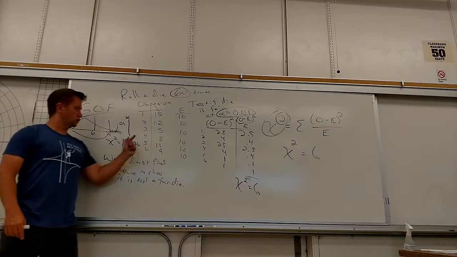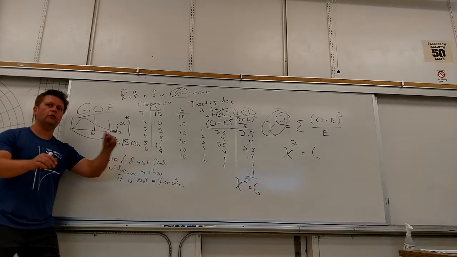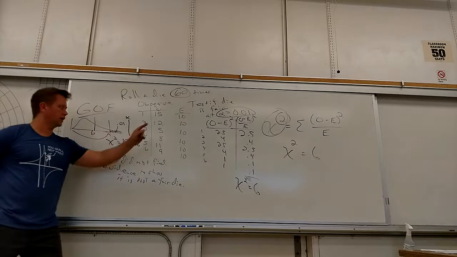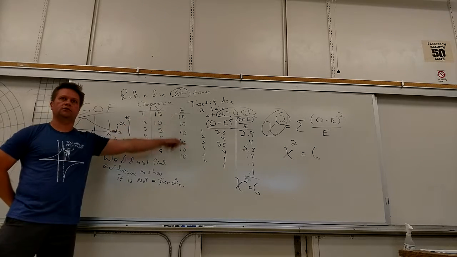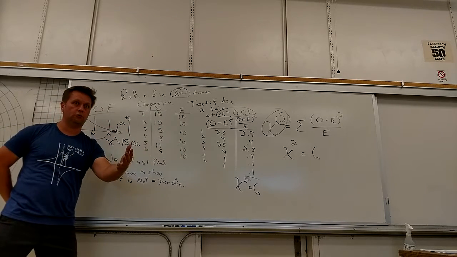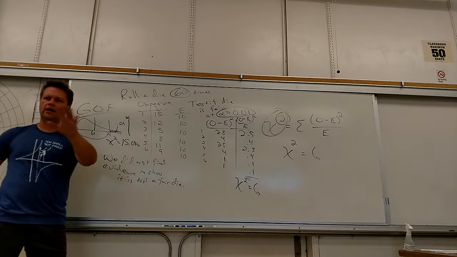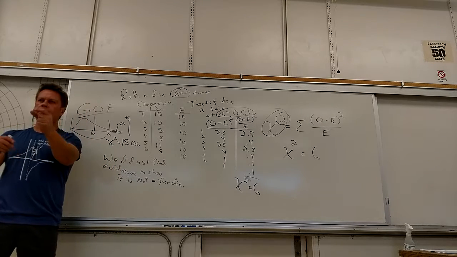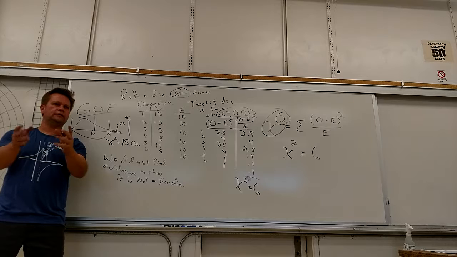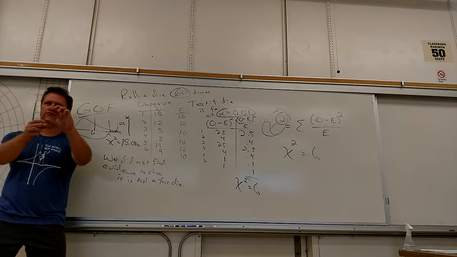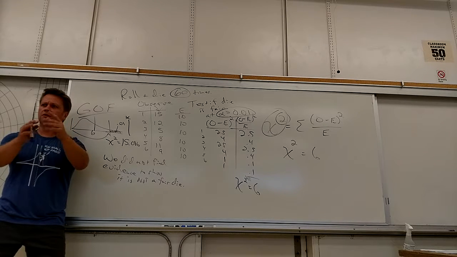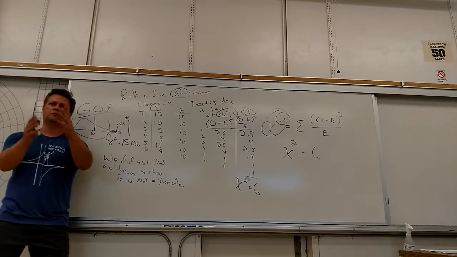Okay. So to show that it's not a fair die, what would it mean for it to be not a fair die? It doesn't do what we expect it to, which is evidence that somebody tampered with it. That's what it means to be not a fair die. Right? Are you with me? 2 die is dice, so die is 1 die. I'm sure you guys all know. We don't all play craps. I don't play craps either.